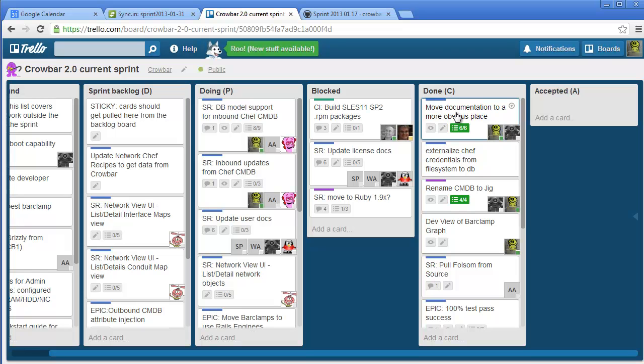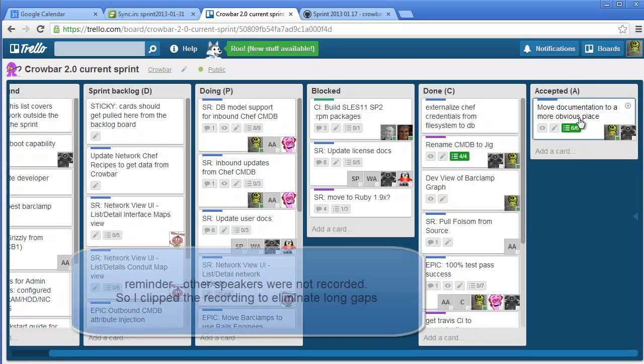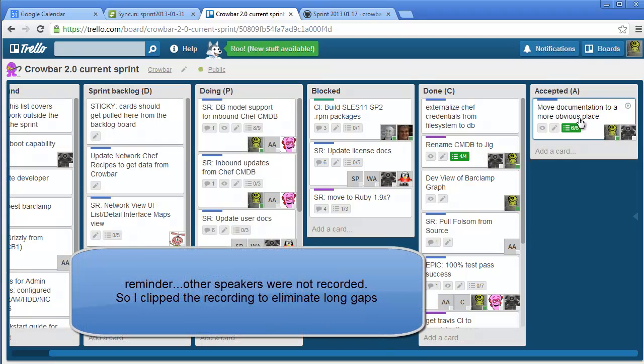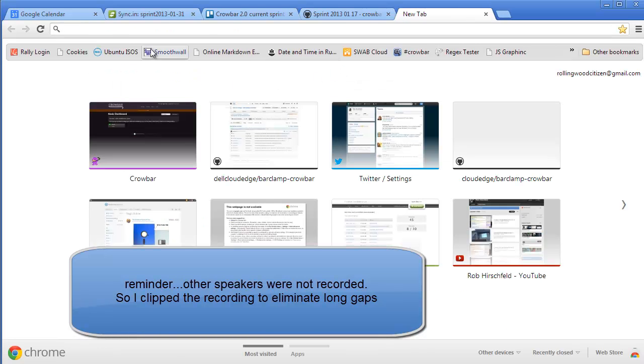Obvious place. So every barclamp now has a doc directory, and that doc directory reflects the documentation gets rolled into the Crowbar docs for that. We really want to encourage everybody to be building documentation as they go, and then updating documentation when they see